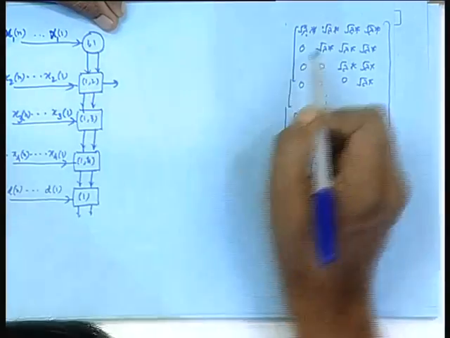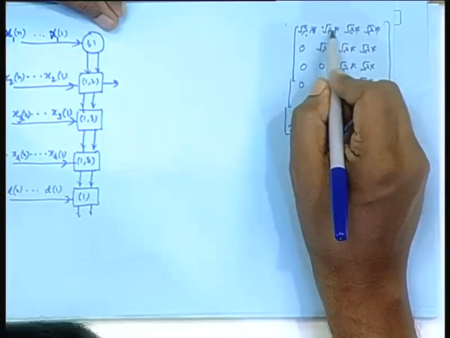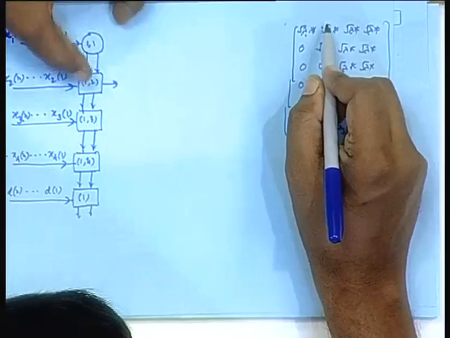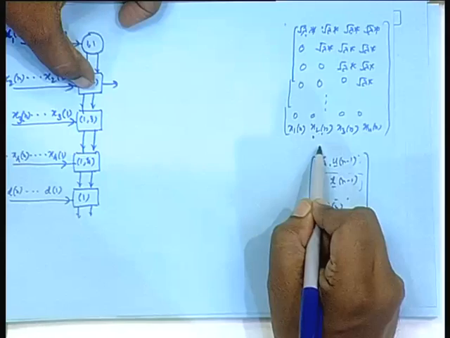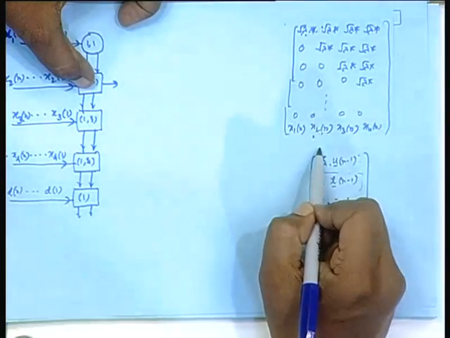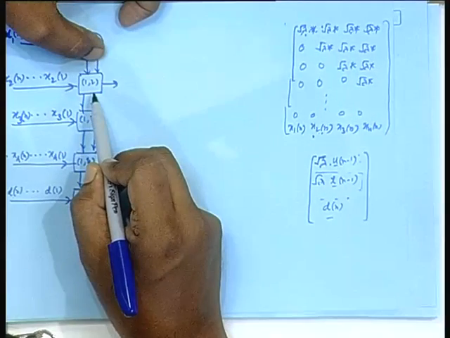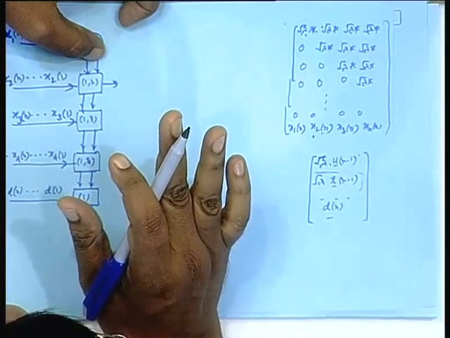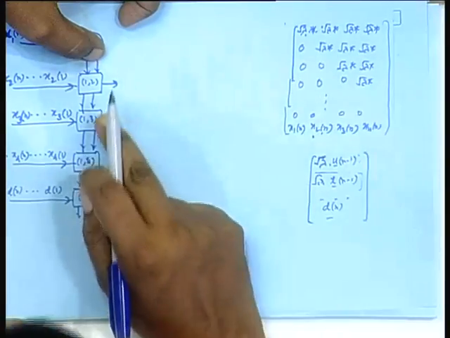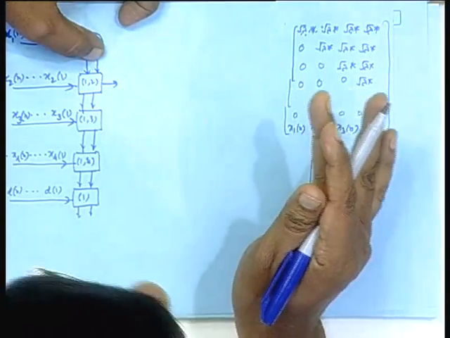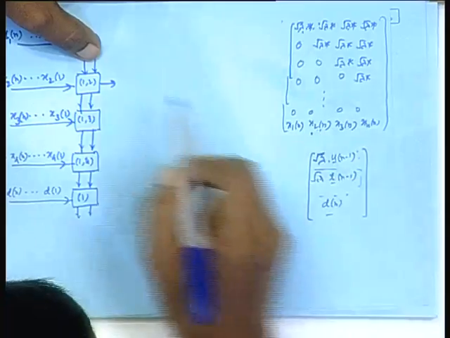Why do I want to store this? It is C times this and S times this, and it gets changed to some value. Why am I also bothered about storing that here? It is because next time, at the n plus 1th index, when a new row x2 n plus 1 comes, a new C and new S will be applied on them. So, this rotated value has to be stored. Okay. This value has to be annihilated, but this modified value has to be stored for use at the n plus 1th index. Okay. So, that is getting stored, and this new guy is coming out.